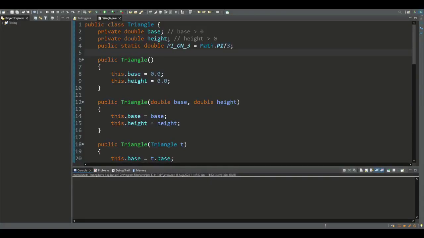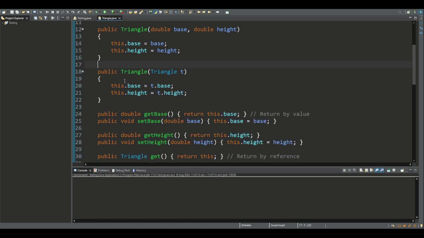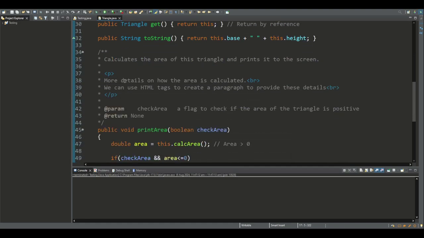Now, similar to static variables, static methods are associated with the class and not objects of the class. As an example, consider this triangle class, and we've declared a static variable pi_on_3 that's shared with all objects of the class. And to do that, we use the static keyword. And now similarly for a static method,